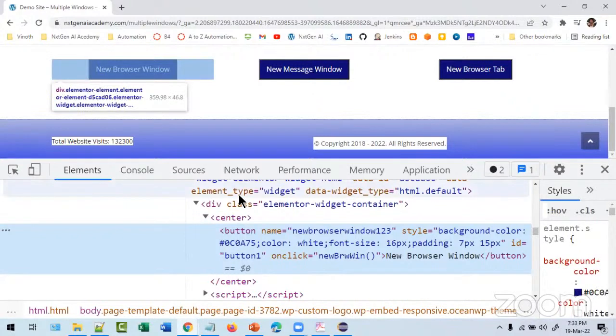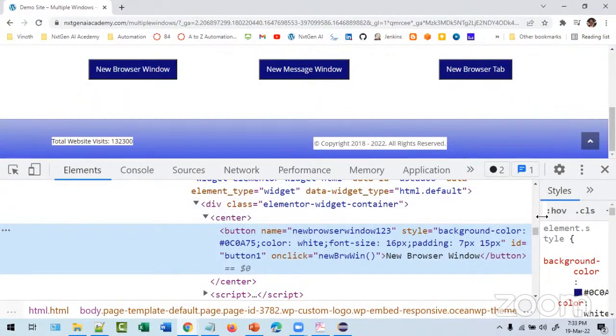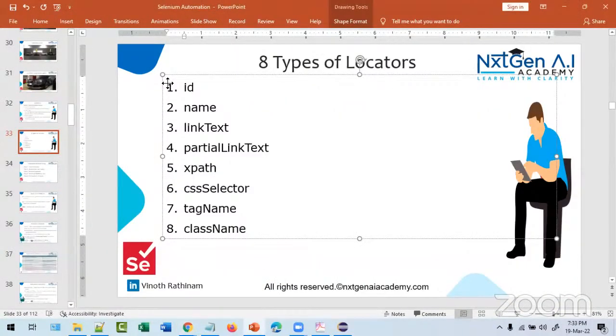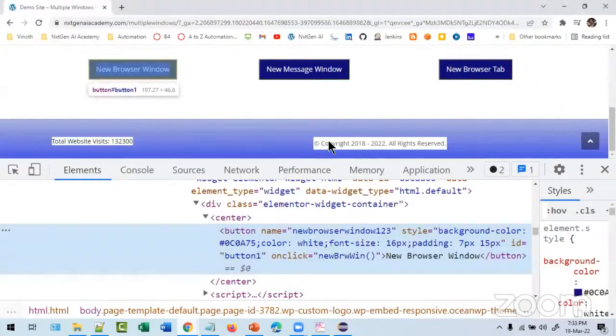Same. You can see here, this is very important. Now you can understand the difference between machine and human being. They will write an algorithm to go and choose ID. Because ID is there, it will take it. But remember, first preference is ID, no doubt on it. In this web page, this new browser window,